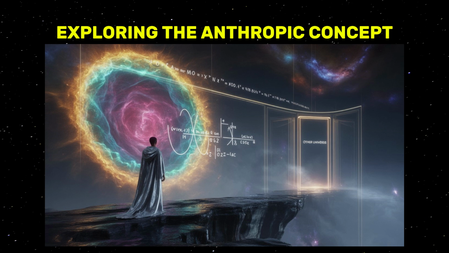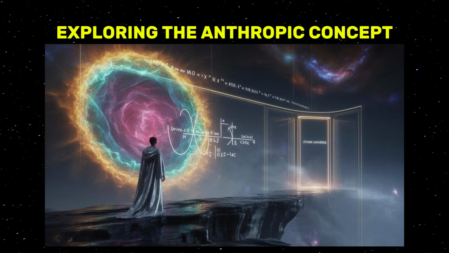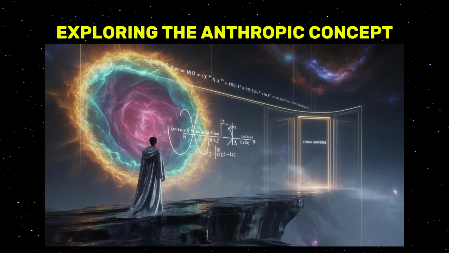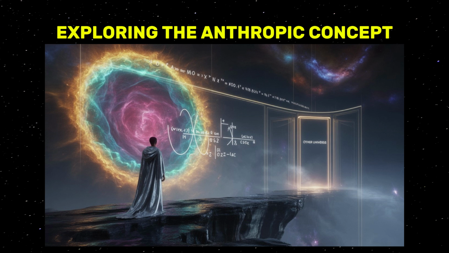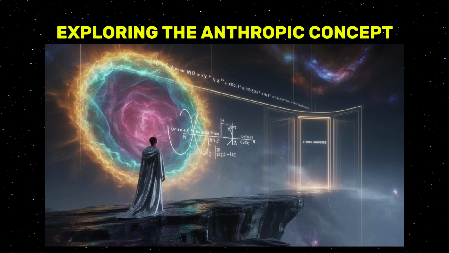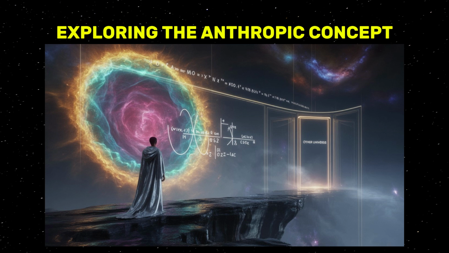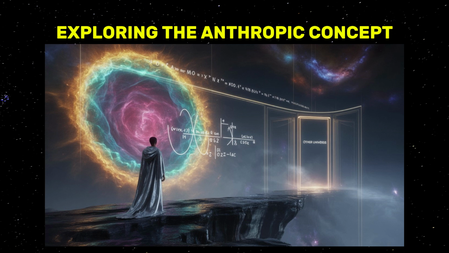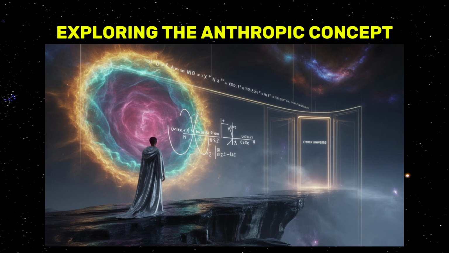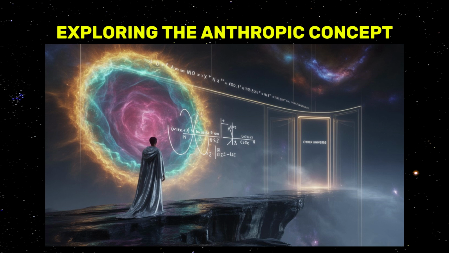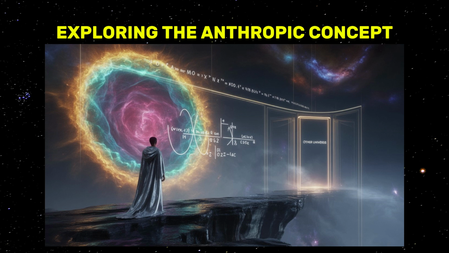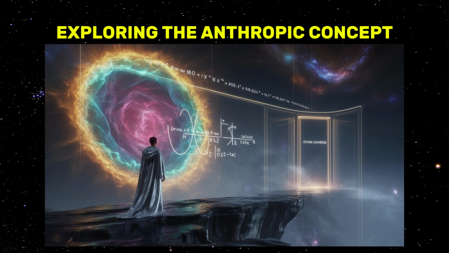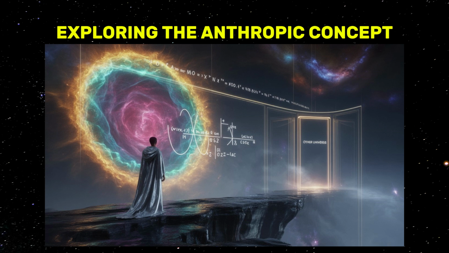This idea was refined and developed during the second half of the 1900s, gaining prominence in both theoretical physics and philosophical discourse. It has shaped conversations on cosmology, quantum physics, and even the possibility of other universes beyond our own. The narrative begins in the early 1900s when scientists started identifying the fundamental constants and forces shaping reality, such as the speed at which light travels, the pull of gravity, and the electric charge of the electron.